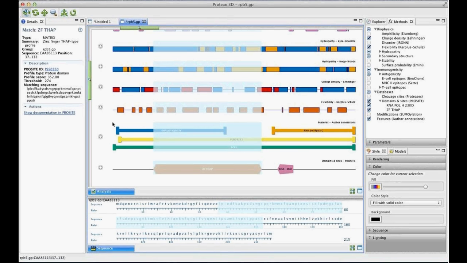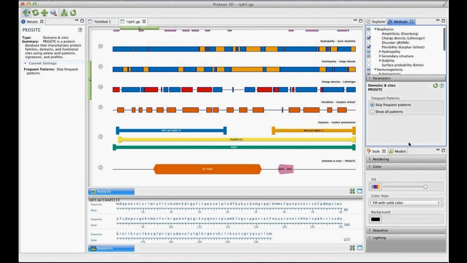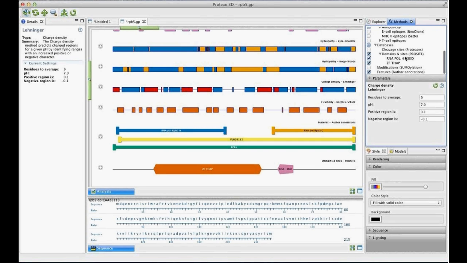You can also change to see all of the results that ProCite predicts, including the frequent ones, by selecting the method from the methods panel and then expanding the parameters panel. The parameters panel is dynamic and will change based off of which method you have selected. For instance, if I select charge density, it will show the parameters for that particular method. So for ProCite,